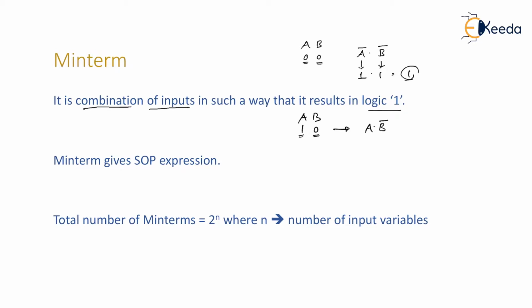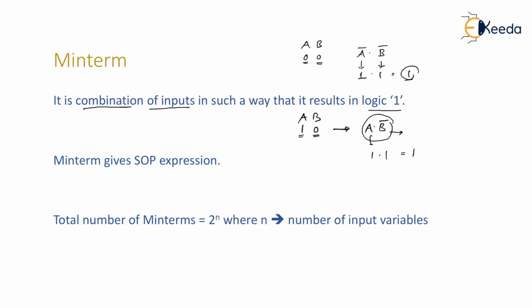So it is very simple. If a particular variable is 0, take the complement of that variable. If a particular variable is 1, take the variable as it is. Do not complement it. I hope you are clear with that. So in that case, we arrange the inputs in such a way that it results in logic 1. As you can see, even this product will result in logic 1. Look at this. A is 1. What is B bar? Since B is equal to 0, B bar will result in 1. 1 into 1 will produce 1. So you have to make a combination of inputs in such a way that it must result in logic 1.